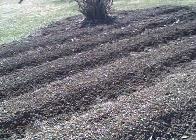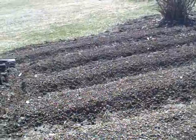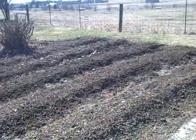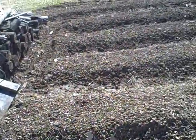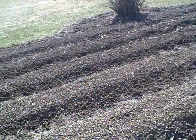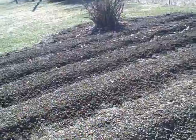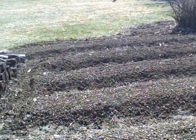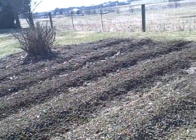So I don't know. But I made these raised beds. There's 1, 2, 3, 4, 5. There's 5 raised beds, and I want to put two rows of onions in each bed. And I just don't know about the dirt, but